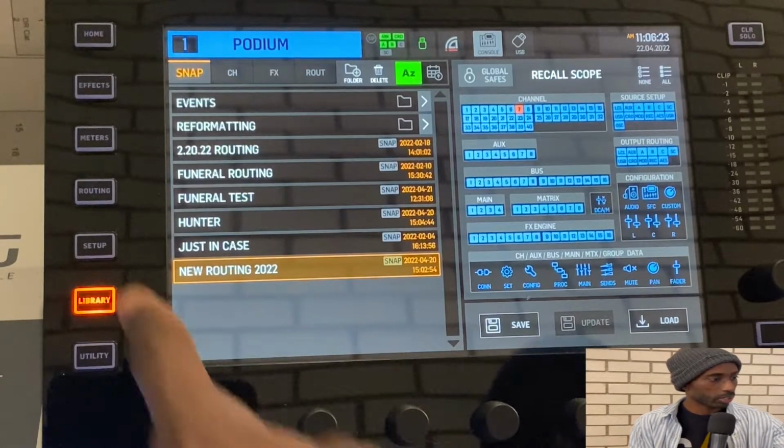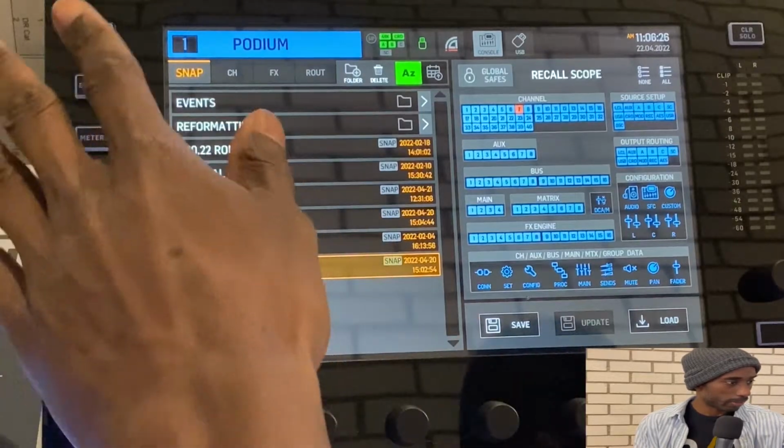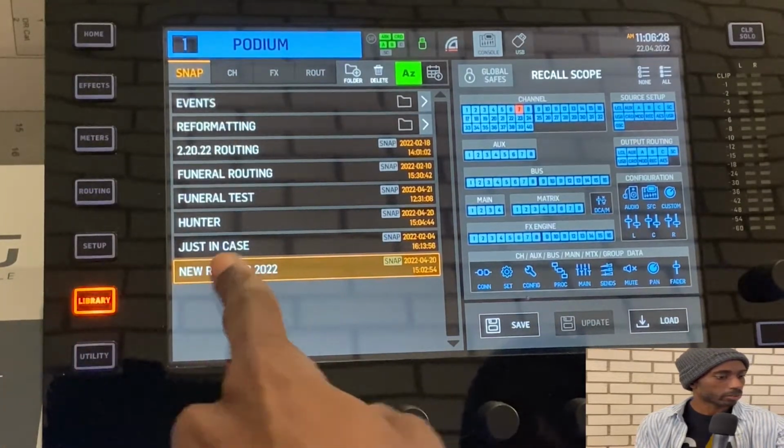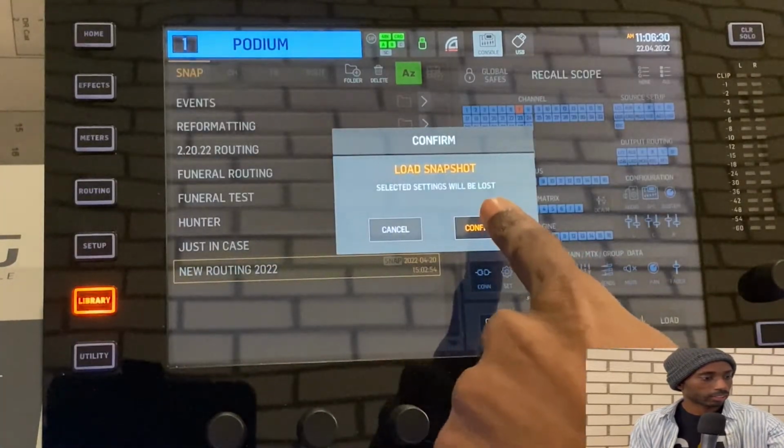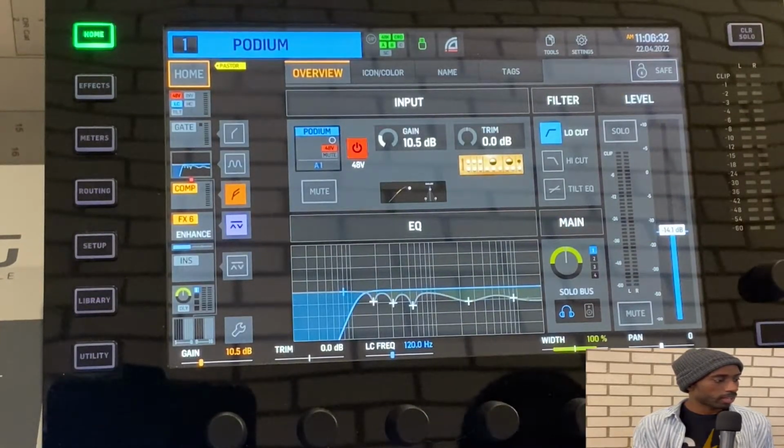In order to load it, we go again. You see our main screen, we hit library, we hit new routing, and then we hit load. And that loads the settings for that. When you walk in on a Sunday morning,